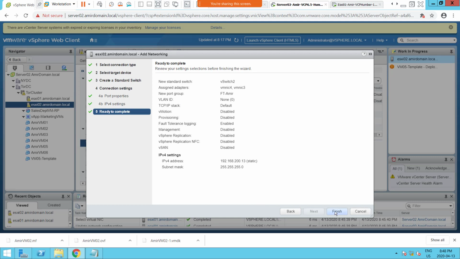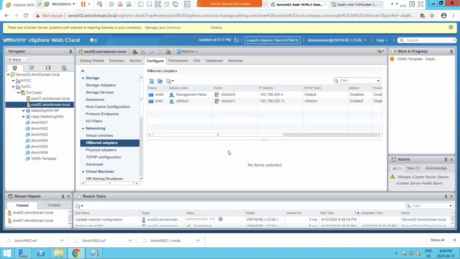Then click finish. So the IP is 200.13.2.13, that's it. Once we click finish here, you can see in the VM kernel adapter settings